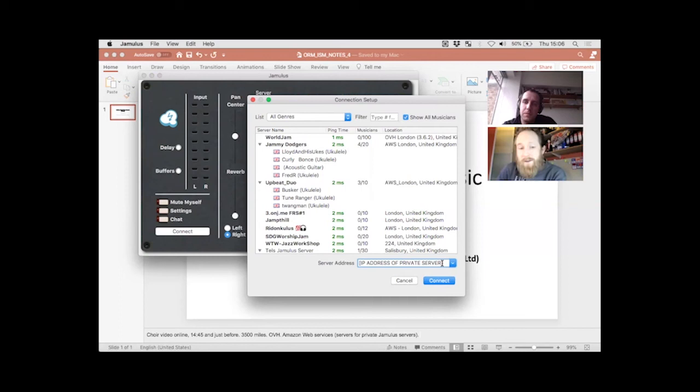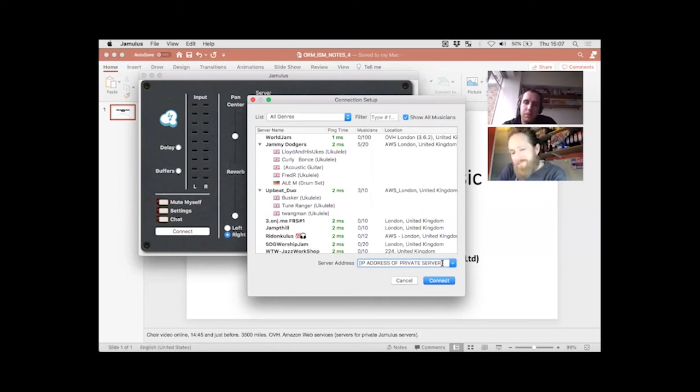But that's not necessary. Now, there's no security there, so if someone guesses that IP address, then they're in. But I would suggest for the purposes of rehearsing music, it's sufficient.